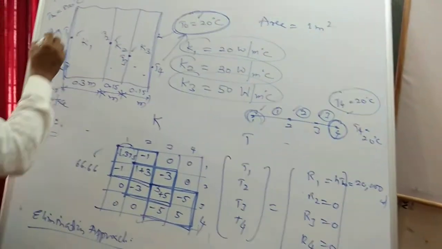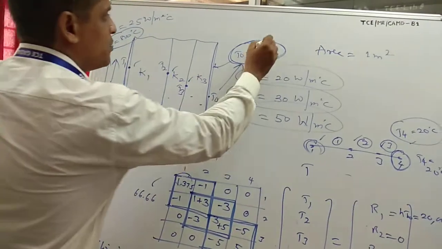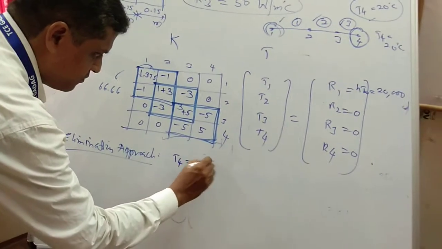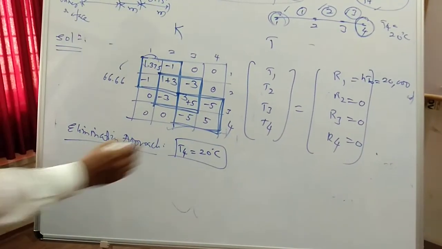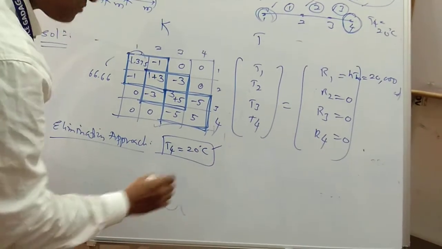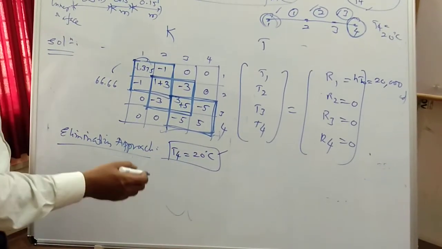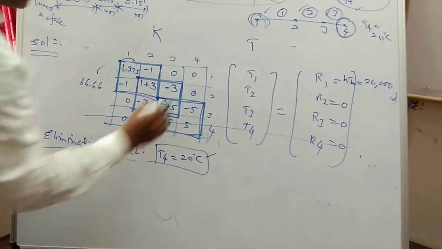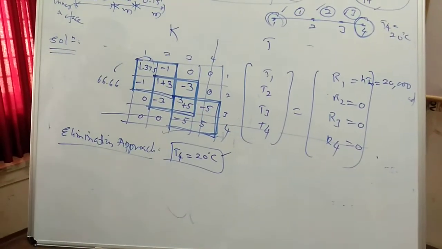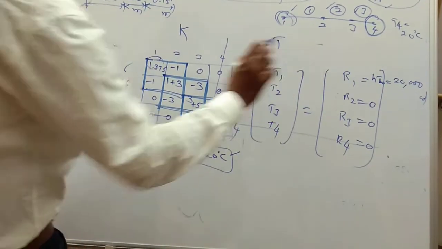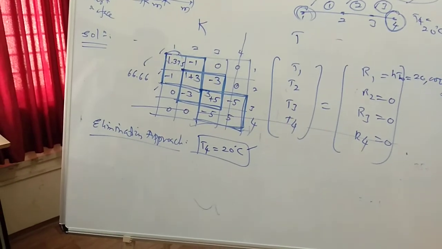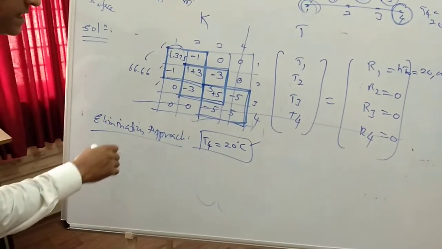Now we need to find the temperature distribution from 800 to 20 degrees Celsius. Since the boundary condition T4 is 20 degrees Celsius, we know the value of temperature at node 4, on the right side surface of the composite wall, so we eliminate the 4th row and 4th column. By eliminating them, only the remaining 3 equations have to be solved to determine T1, T2 and T3. I will write these 3 equations.